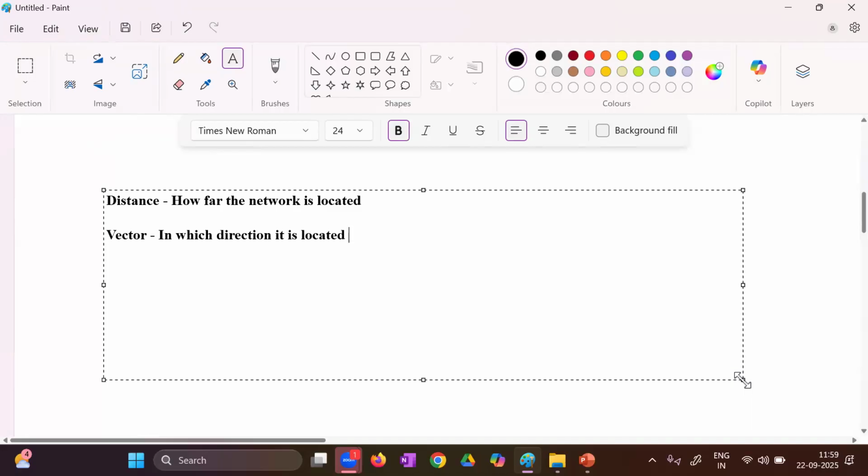Correct? In physics, we would have discussed a scalar quantity and a vector quantity. A scalar quantity is directionless, whereas a vector quantity has direction. Speed is what? Speed is a scalar quantity. Velocity is what? Vector quantity, right? Speed doesn't have any direction, whereas velocity has direction. So as it is going to have a direction, that's why it is called a vector. So why is it required? Because let's say you are going to have